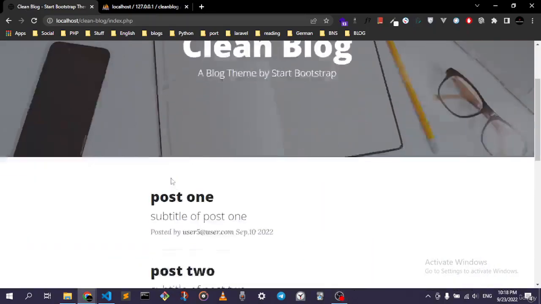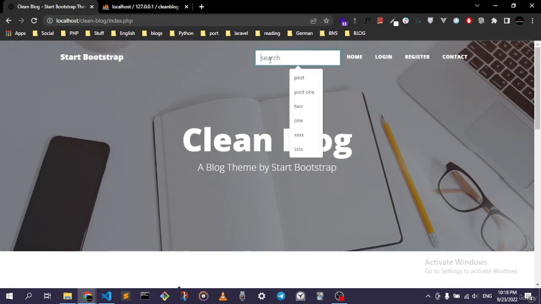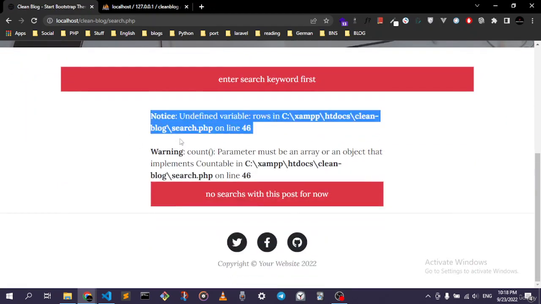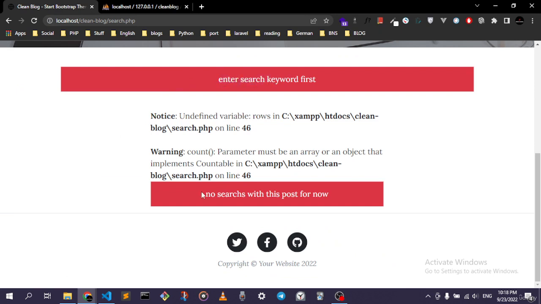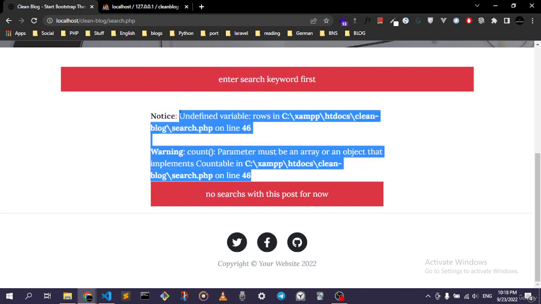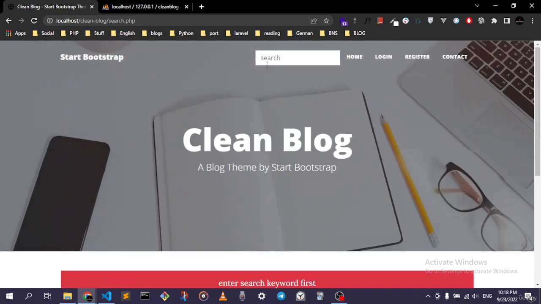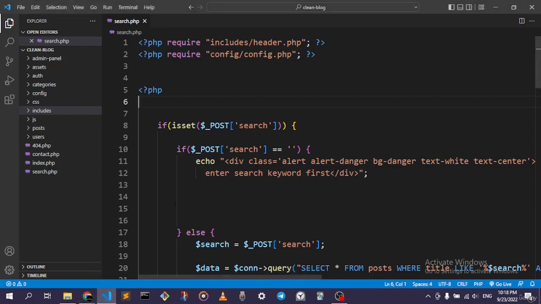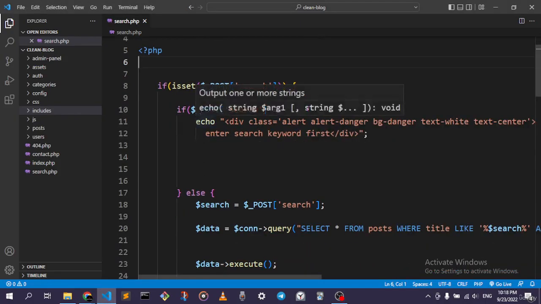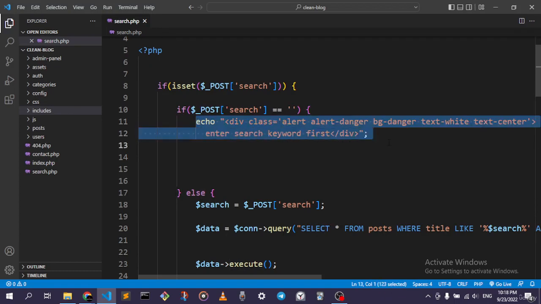Right, so if we go down here, and if we actually try not to enter anything, we will just leave this empty. And if we click, you can see that down here we've got our own search messages, but we actually got a couple of errors down here, and we don't want this to happen. So all we're going to do, if the user did not enter anything in the input, is go ahead and avoid dealing with these mistakes, and we're going to